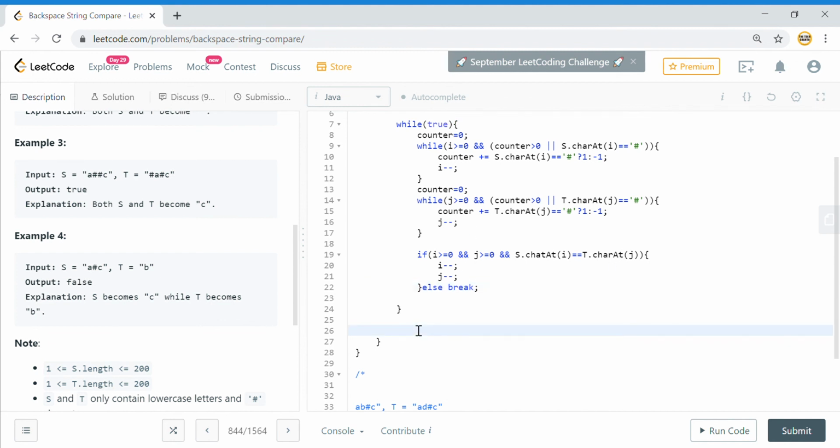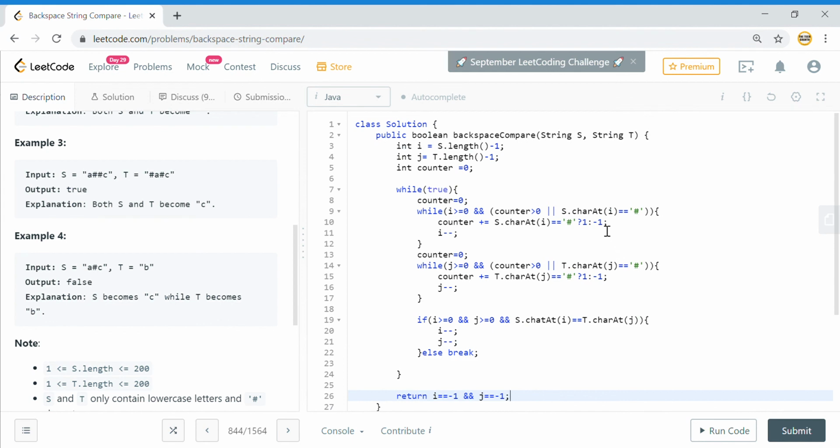Once we break out of the loop, if everything is fine, then i and j both should be equal to -1, because till i equals 0 we will do the comparison and we will decrement the counter. So when we have to return, I will say if i is equal to -1 and j is equal to -1, it means that everything matched correctly, and we will return true. Otherwise, if any one of these is not equal to -1, it means that something did not match, and so we should return false.